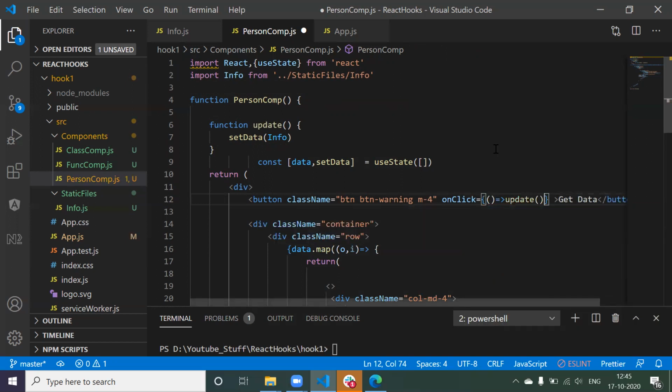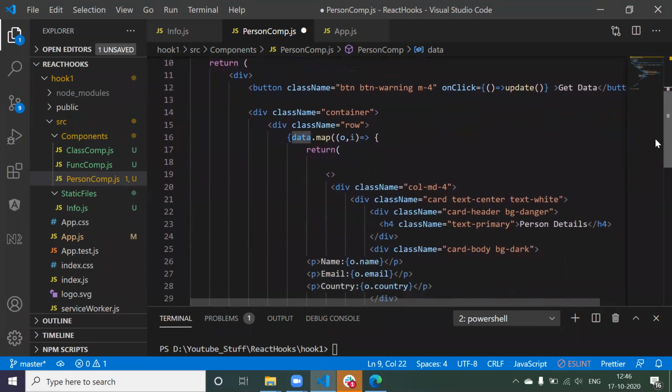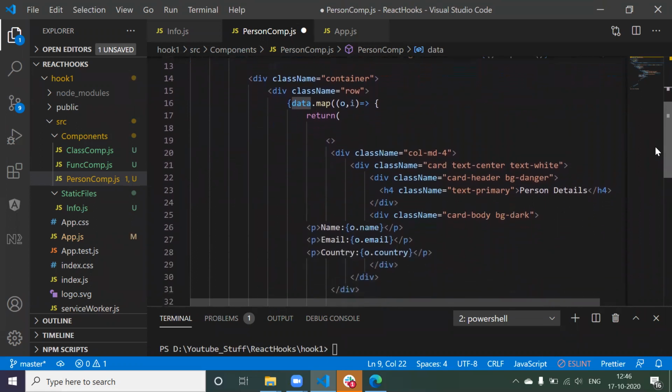From here, whenever I click on this button, an onClick event is going to trigger. This onClick event is going to call this function. Internally this function is going to call update, and update is going to call this particular method, that is nothing but set data. Now set data is going to update your state. Now state will have all the information. Again, whenever you call set data, it is going to render once more. That time again we will get this button, and this time we are going to create cards using Bootstrap, displaying the details of the person in the format of cards.